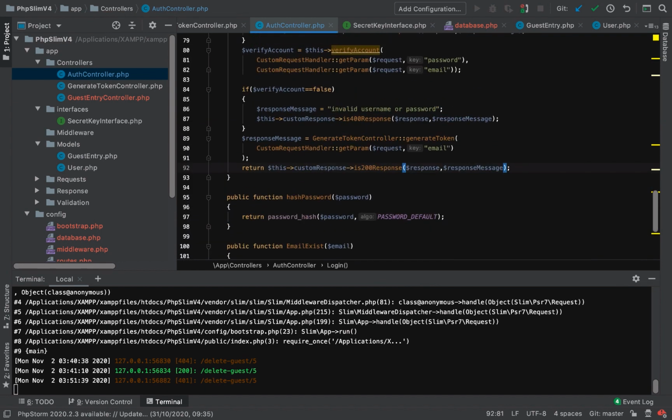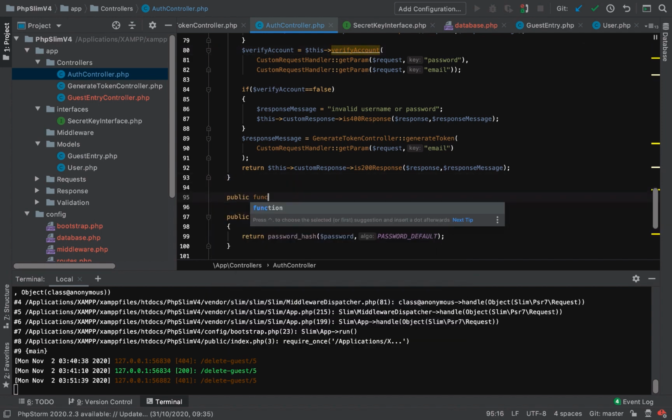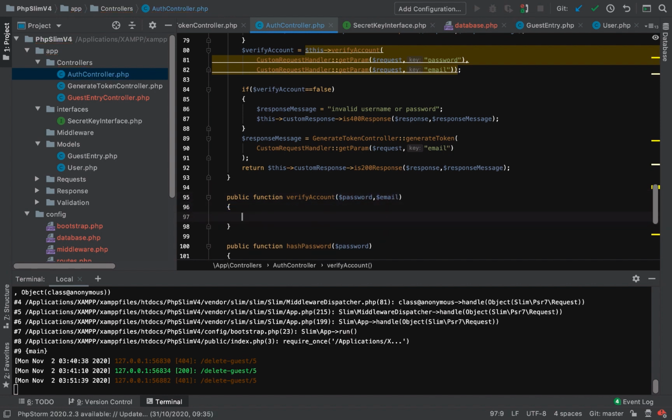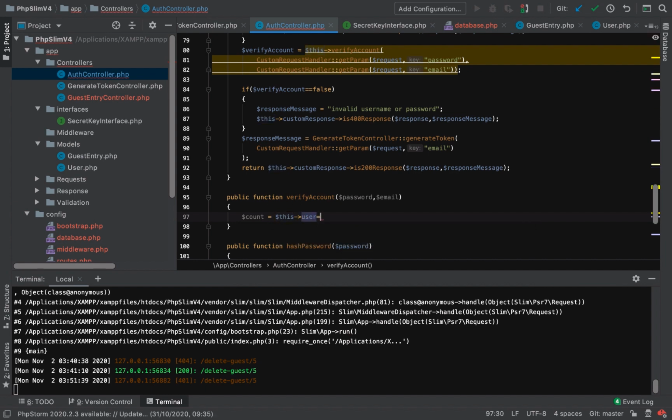Okay, so now we want to create our verify account function that takes two parameters. It takes the password and then the email. So public function, right? The first one is the password, and the second is the email. All right, so for verify account, the first thing we're going to do is check if this email even exists. So we're going to say this user